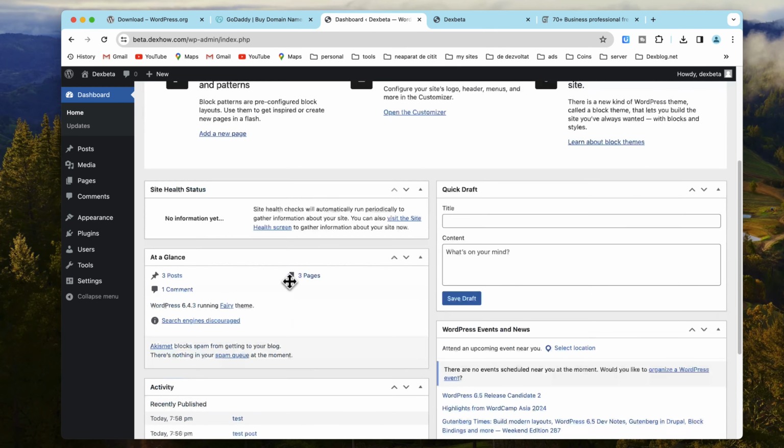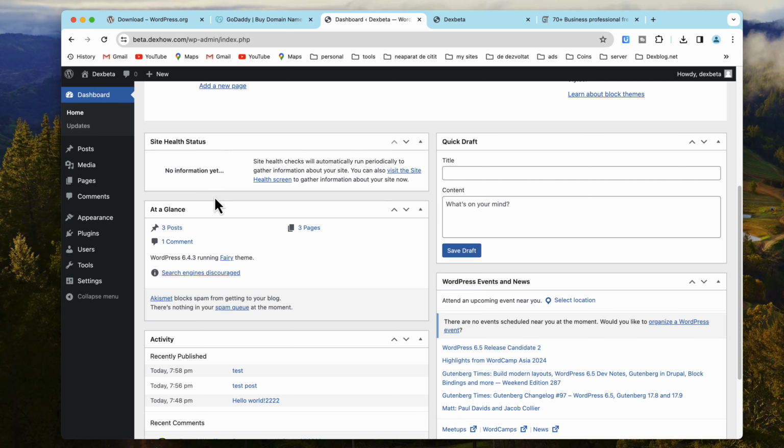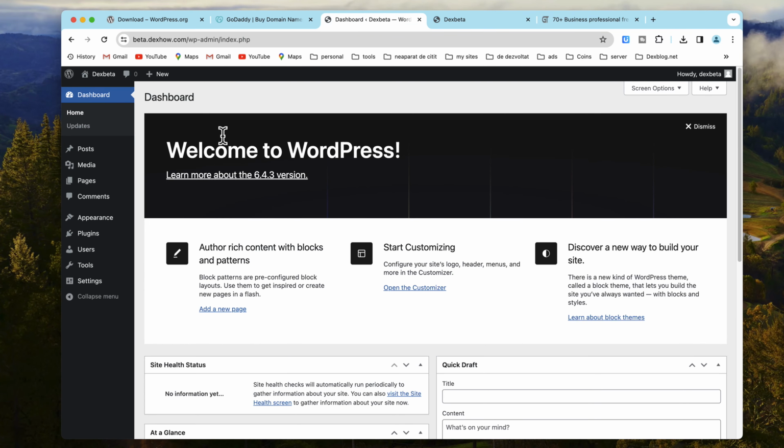It's important to keep your plugins up to date. Backing up your website. In case of an emergency, it's important to have a backup of your website. There are a number of plugins available that can help you back up your website. In the next section, we'll cover how to create a blog in WordPress.